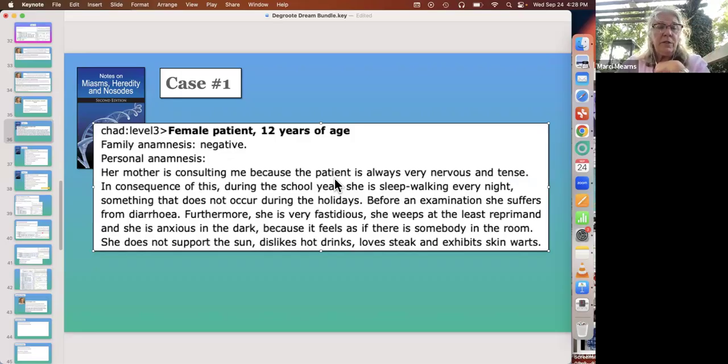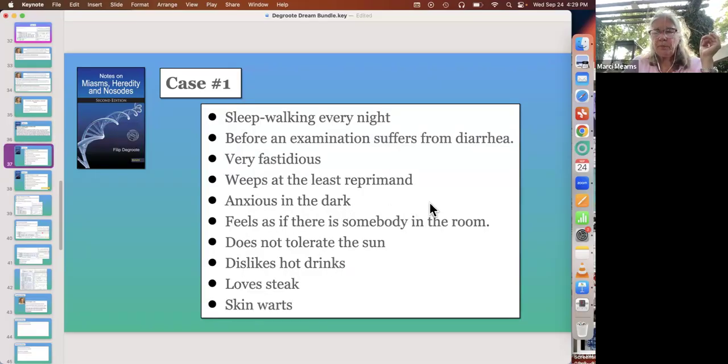I actually have used this technique on multiple occasions to varying degrees of success, I'll say. Sometimes it solves the case when nothing else does. Okay, and that's great. So here we have the short anamnesis. I'm going to give you the list of symptoms, again, which I simply took out of the text.